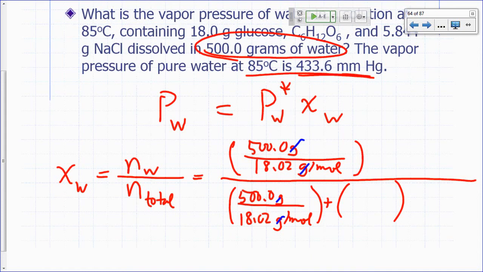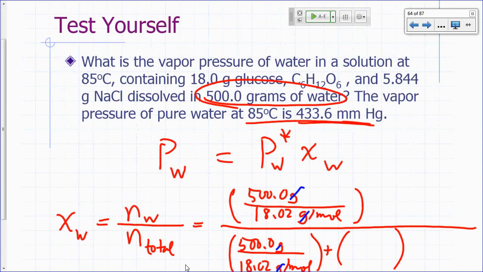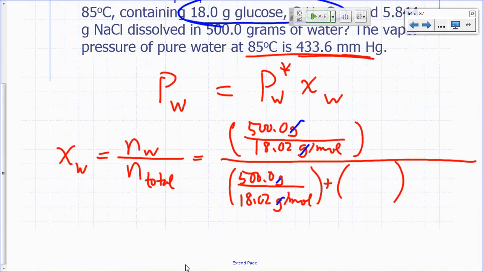What else do I have in my mixture? Glucose. I have 18 grams of glucose, C6H12O6, non-volatile solid. So I have 18 grams. What's the molar mass of glucose? We've done this before. C6H12O6, 180.2 grams per mole. Okay. Grams cancel out. Plus,